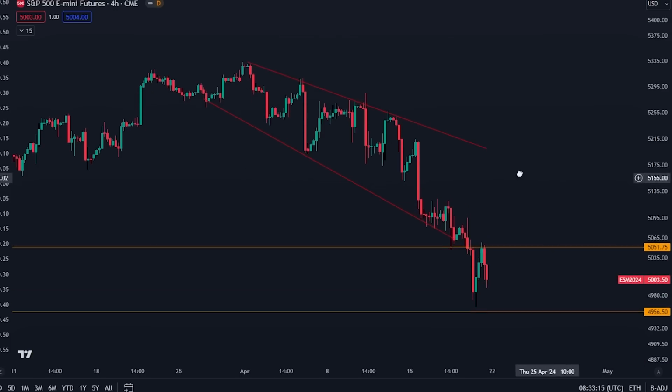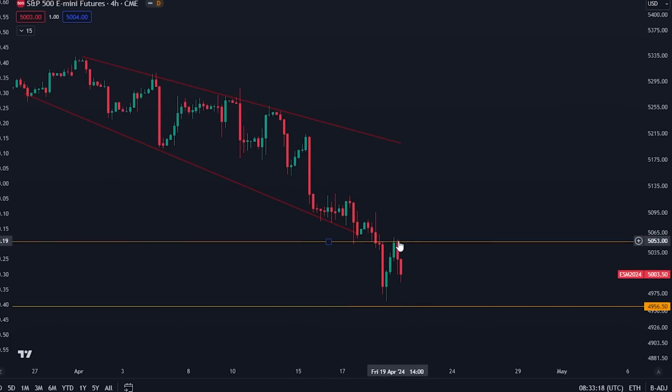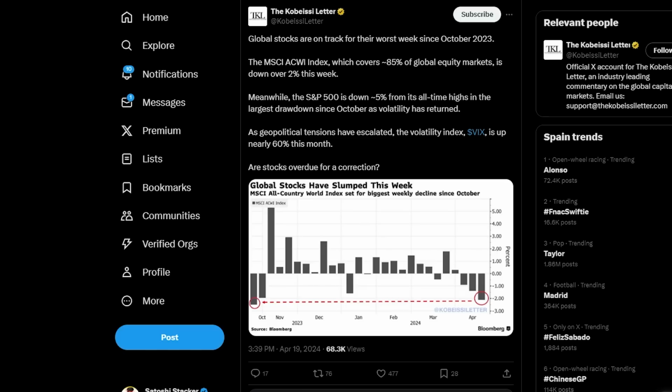Now, one key thing here is also that traditional markets have not been doing perfectly recently. Traditional markets had a drop moving into the end of Friday on the closing here. So these are the futures markets, which are going to open up later tomorrow evening. So that is going to be interesting to see, and hopefully we do not see anything crazy happen until then. But just for a comparison, the stocks, not only in the US, are going down, but in the entire world. In fact, the